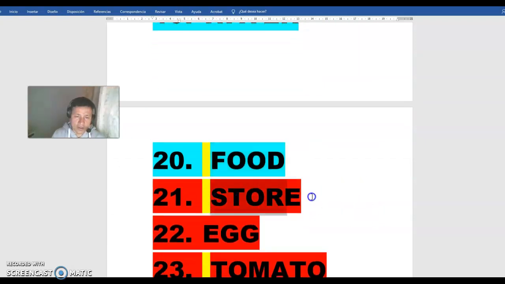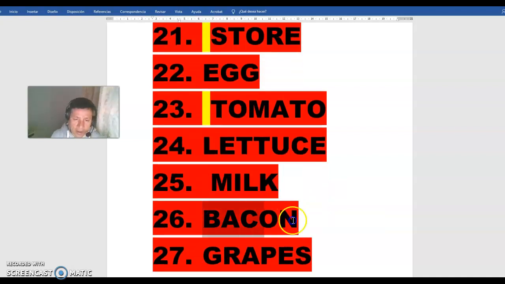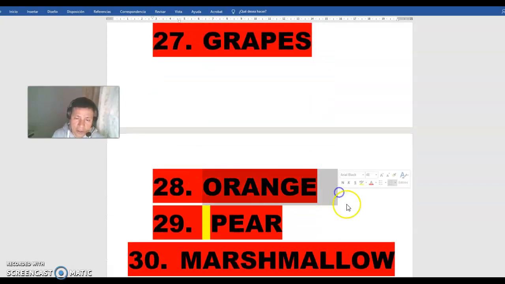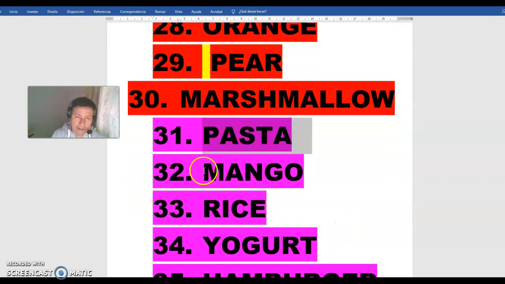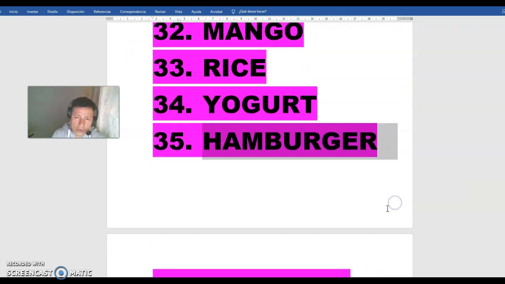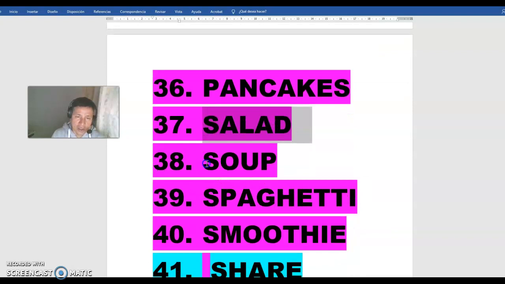Food, store, egg, tomato, lettuce, milk, bacon, grapes, orange, pear, marshmallow, pasta, mango, rice, yogurt, hamburger, pancakes, salad, soup,